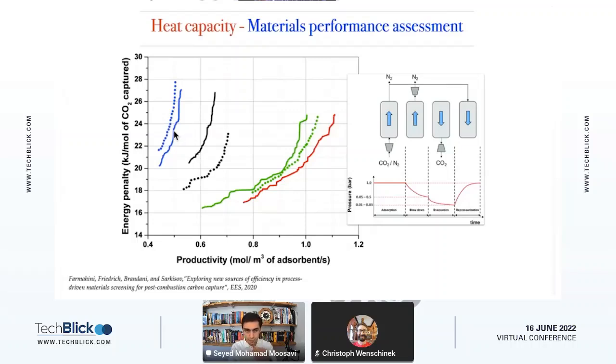So I'm showing a plot that is a parity plot. We want to be on this side of the map. We would like to have low energy penalty, high productivity for each material that is tested for this pressure swing adsorption separation, separating carbon, CO2